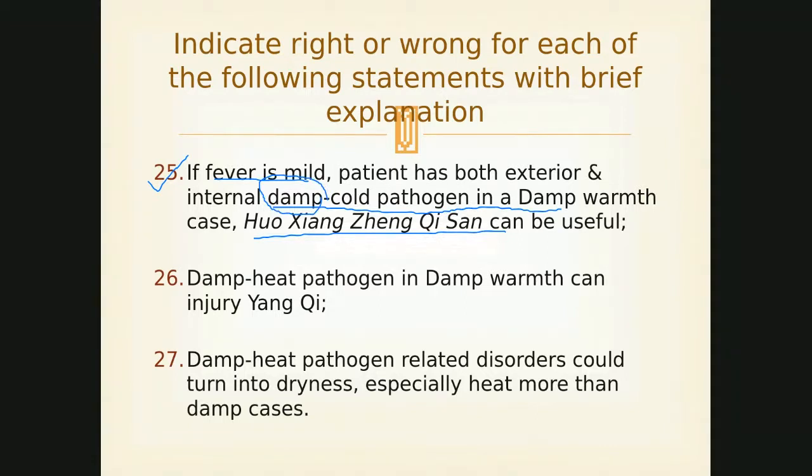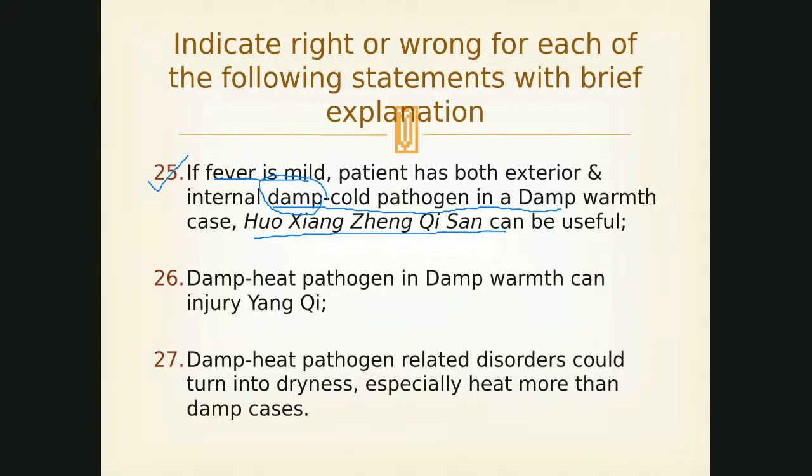So this pattern is not exactly a warm disease, not exactly a cold disease, academically it is the damp warmth condition clinically. The presentation looks more like just an internal damp cold in the spleen, due to a precursor of weak spleen Yang, and certainly caused by wind cold from outside with external wind heat. But if the fever also comes through, you can use this and deal with it.